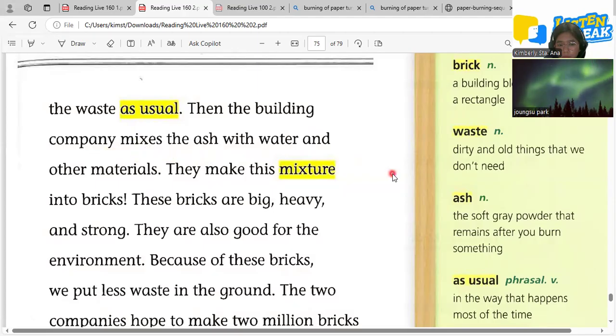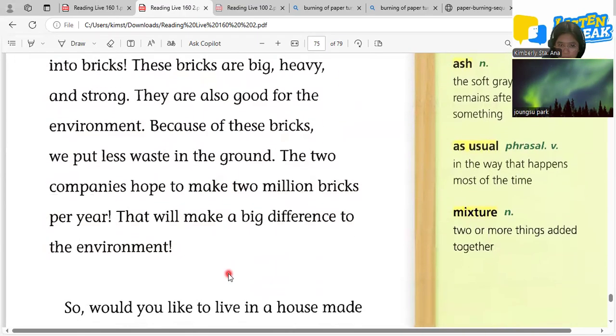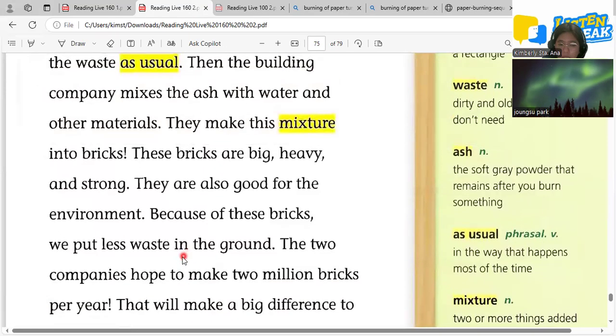They mix the ash with water and other materials. Okay, they make this kind of mixture and turn it into bricks. They mix it together. So these bricks are very good in quality. Why are these bricks good? Because these bricks are